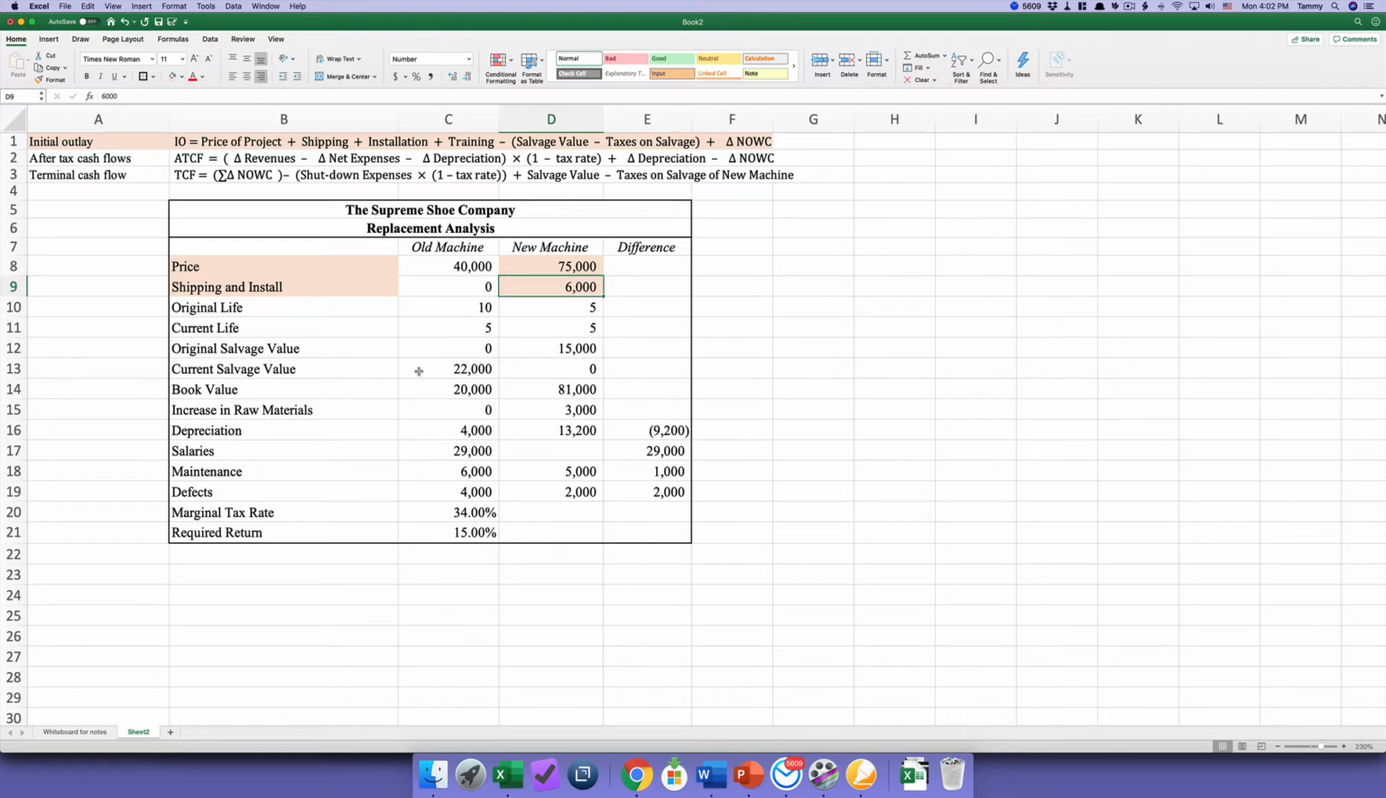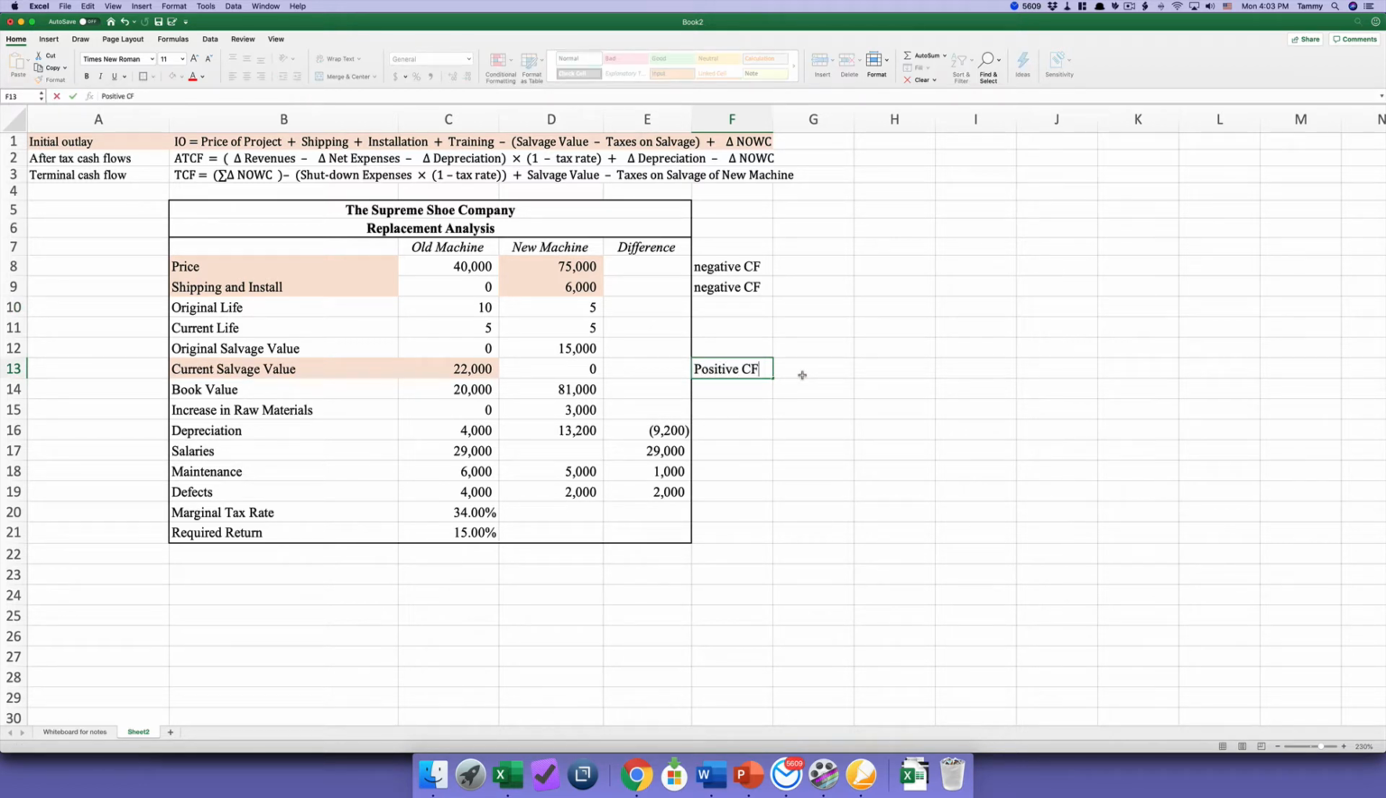Right, so we are going to get a positive cash flow for the salvage of the old machine. Right, that's pretty easy. So we're going to have a negative cash flow of 75 plus 6. And then we're going to have a positive cash flow. Let's indicate that here. This is going to be a positive cash flow,